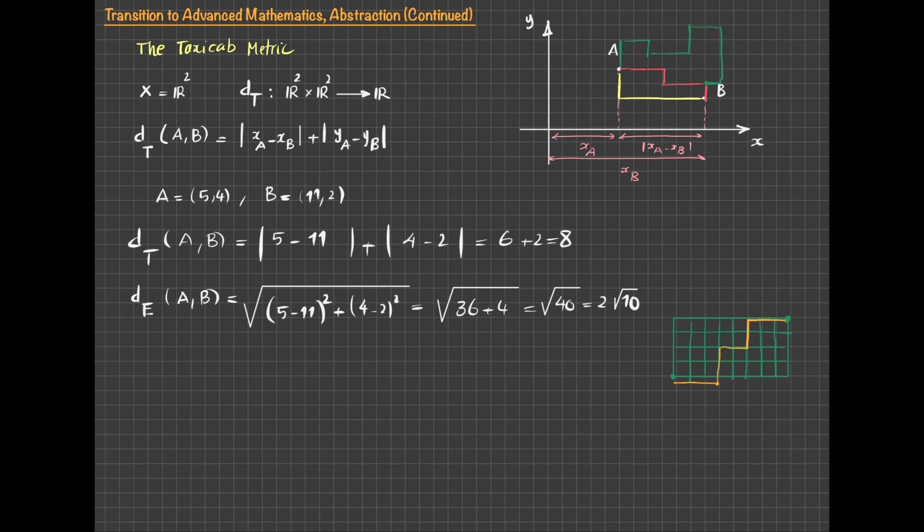Why is this metric symmetric? The reason is that, let us assume that I am asking you about the distance from b to a rather than from a to b. Then in the formula, these 2 terms will be interchanged, these 2 terms will be interchanged as well, and then I have a minus sign. So the effect of this interchange is an overall minus sign, but that overall minus sign will be cancelled because of these absolute values. So at the end of the day, the distance from a to b and the distance from b to a are exactly the same. So this is indeed a